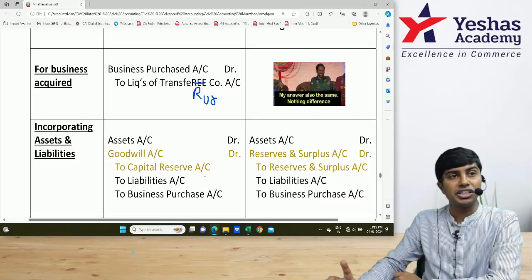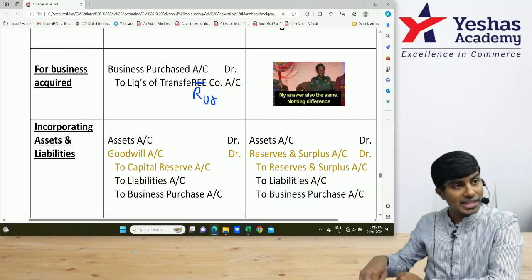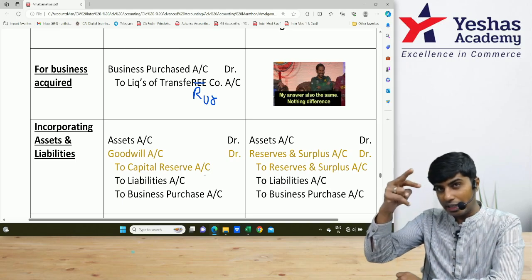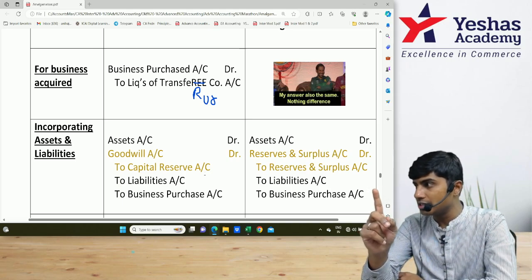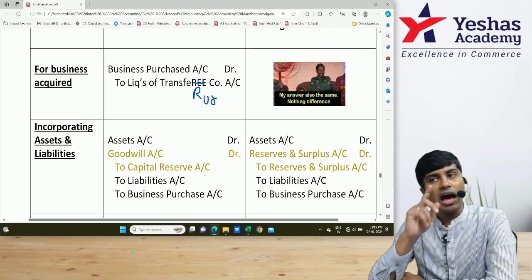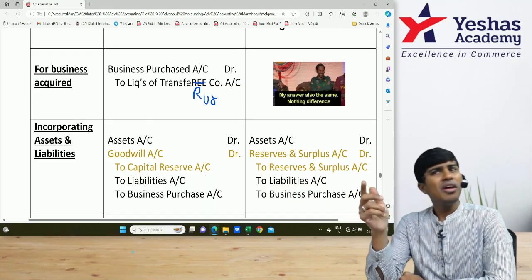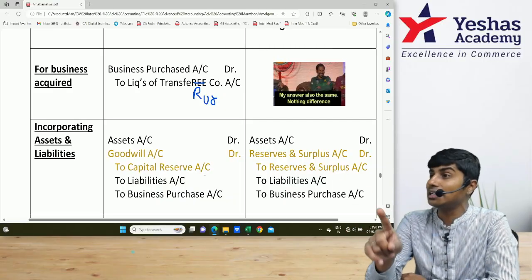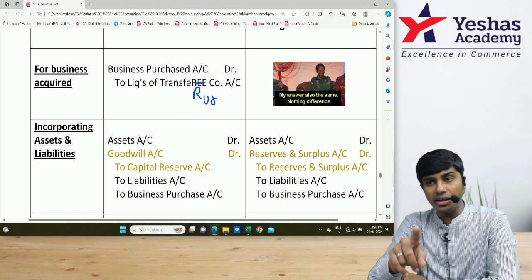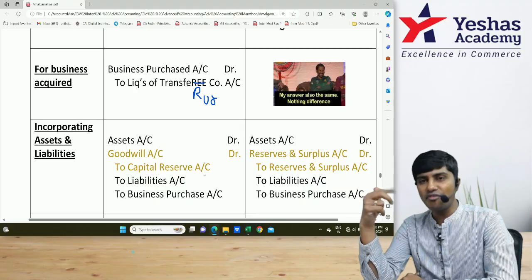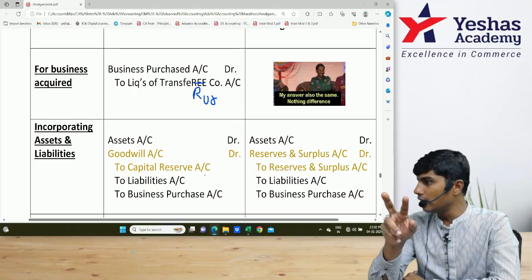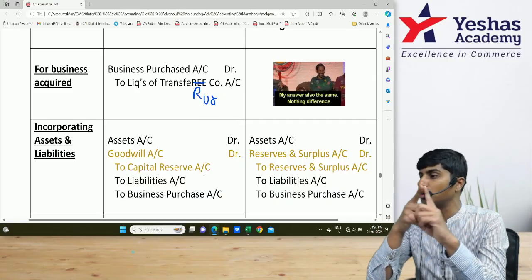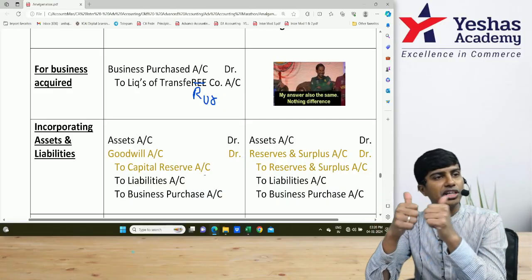If it is amalgamation in the nature of merger, we are going to write all the assets and liabilities including reserves and surplus at book value. And the difference between debit and credit will not be written to goodwill or capital reserve, instead it will be written to reserves and surplus. However, if it is amalgamation in the nature of purchase, we will not write all assets and liabilities. We are going to write only such assets and liabilities which are taken over at agreed value, and we will never write reserves and surplus in this case. If there is a difference between debit and credit, debit will be goodwill, credit will be capital reserve. Capital reserve and goodwill both will not coexist in the balance sheet. We will net it off at the end. This is the difference between the pooling of interest method and the purchase method.